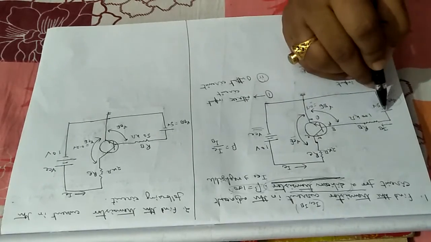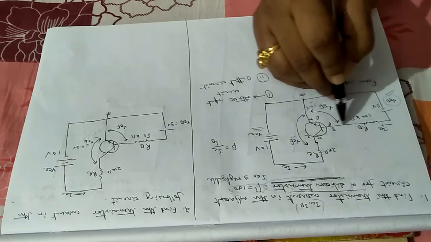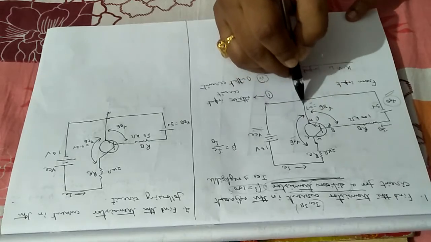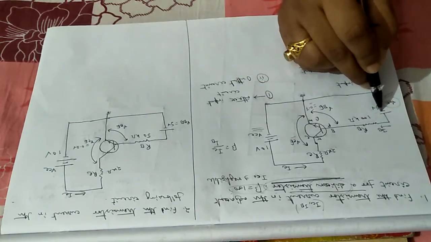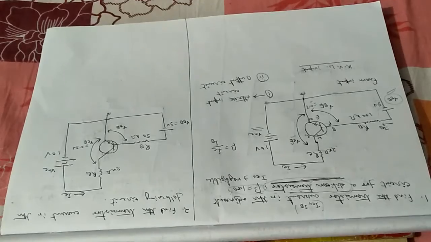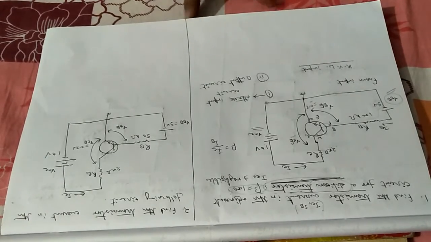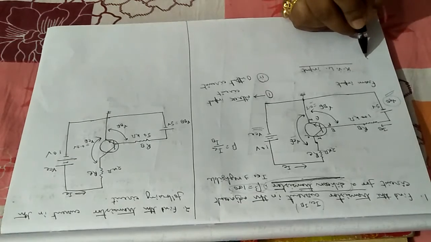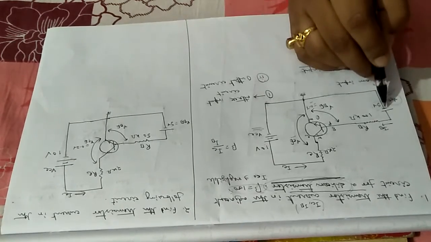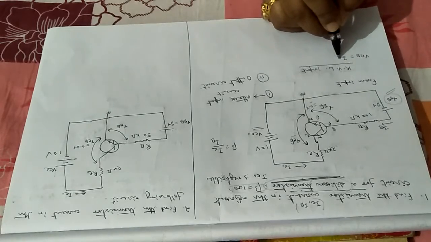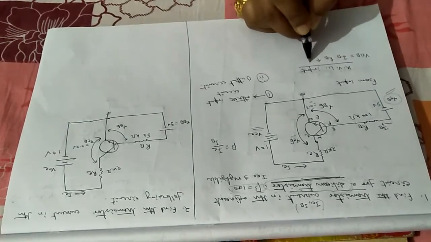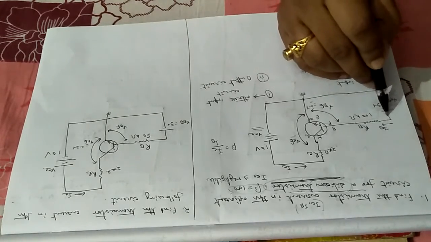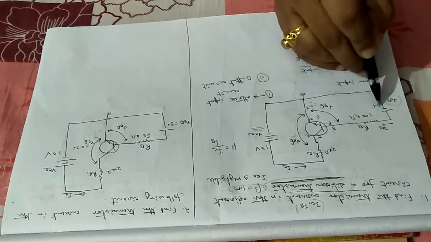This is the input circuit. Look, it will start from the battery, then go through the resistance, again go through the base to emitter voltage drop, then it is connected with the ground and completes the circuit. So in the input circuit, if I start calculating with Kirchhoff's voltage law, I will write: VBB, starting from this point, is equal to IB into RB plus VBE.